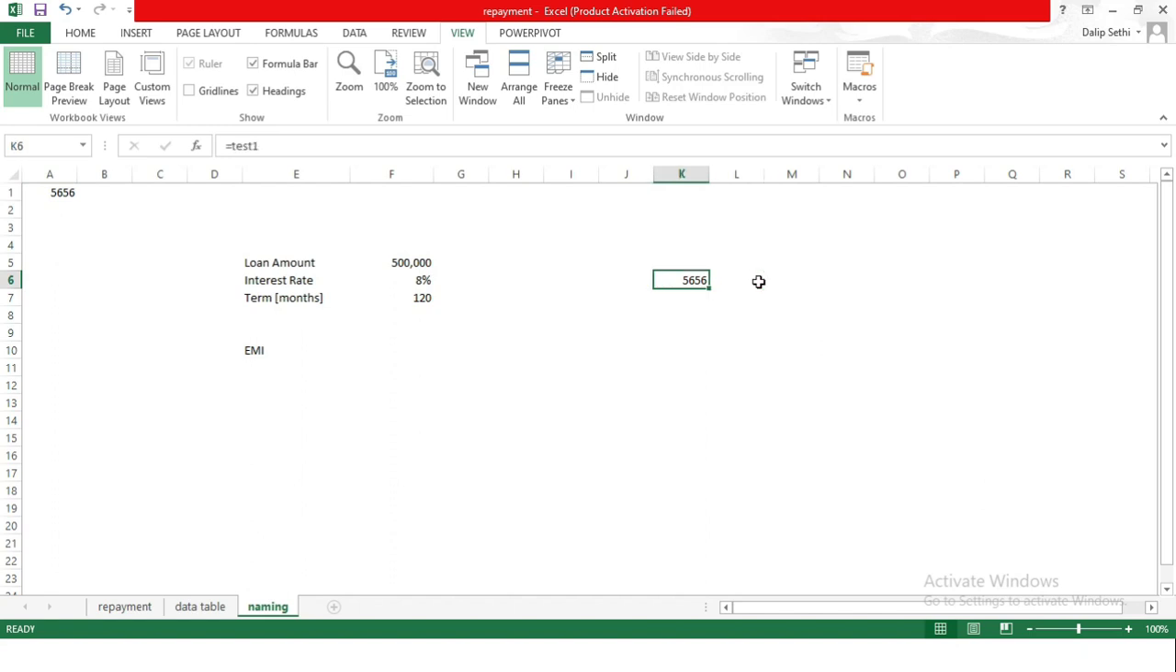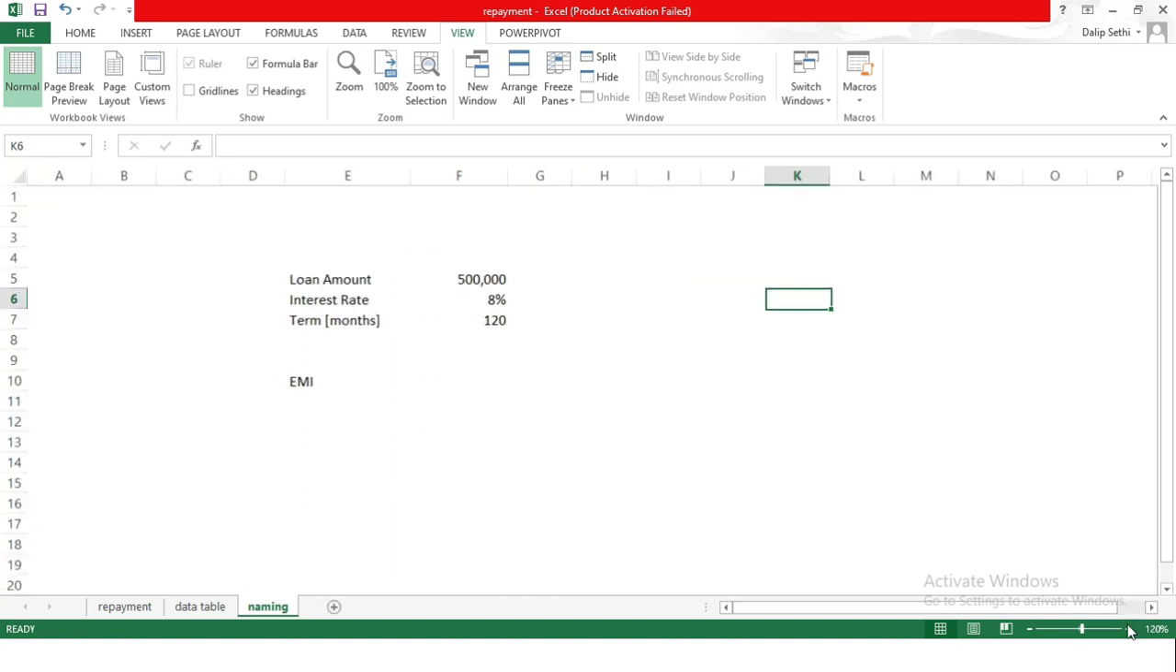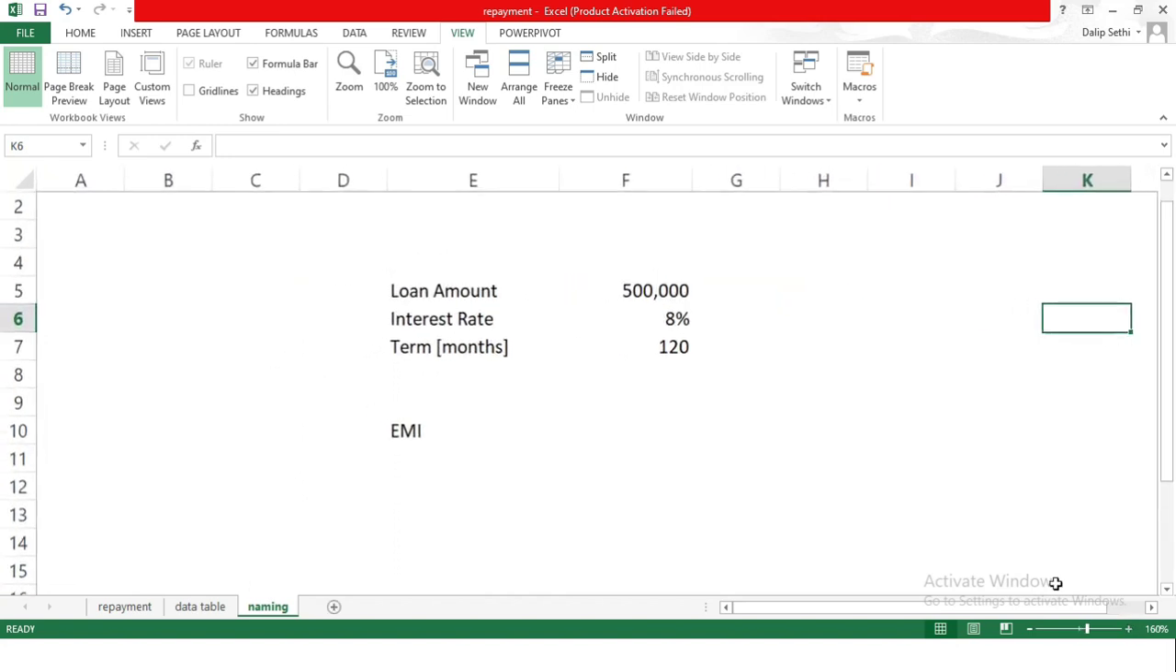So name manager is very much useful if you want to design a template, or if you want to work on a large formulas, or you want to call the information again and again in a same workbook. So take an example, we want to create a EMI or a loan repayment schedule. So what we can do in our PMT formula,